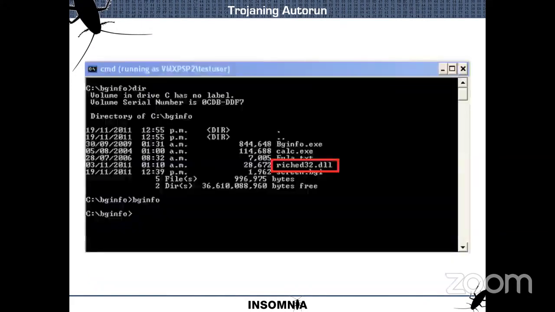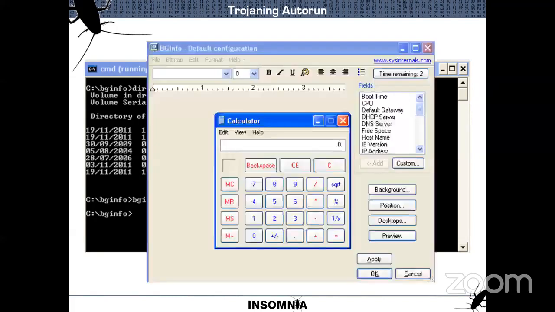Then we create our attack DLL, place it in the directory, and whenever BGInfo is run, when anyone logs in, they can do some calculation while they wait.